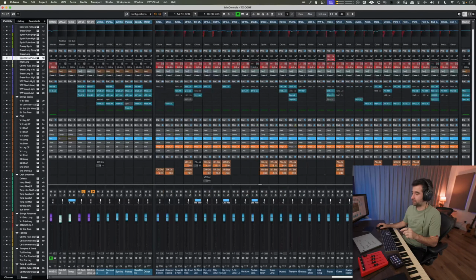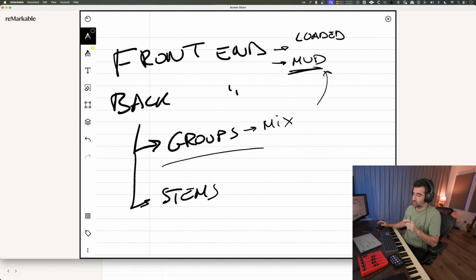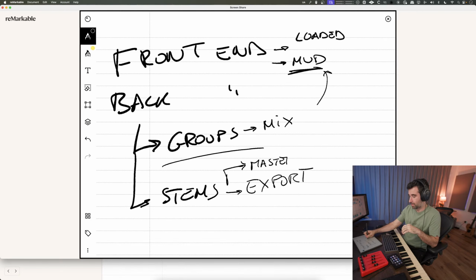We'll talk about groups in a sec. But here's where the mix happens for me, groups. And then stems is just for organization, for export, and mastering. I master at the stems level, not at the master. So the way this